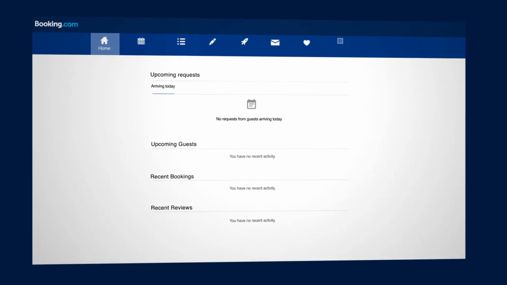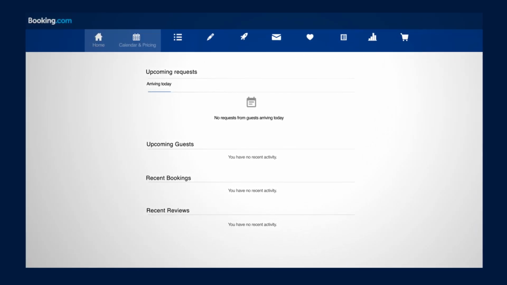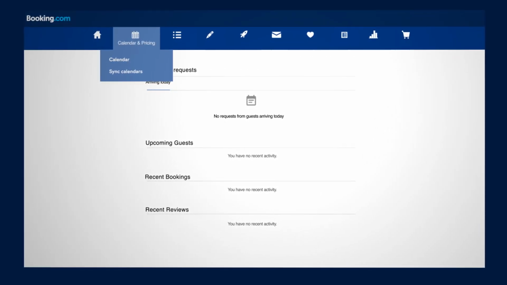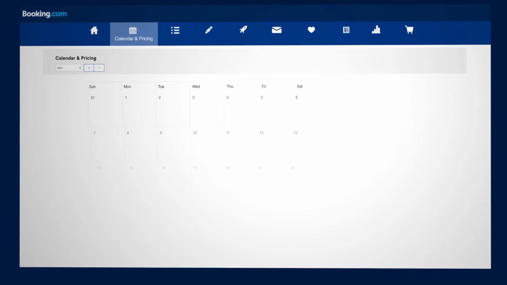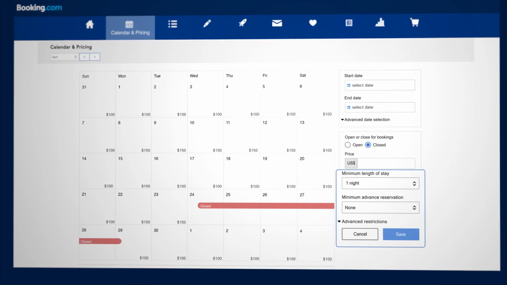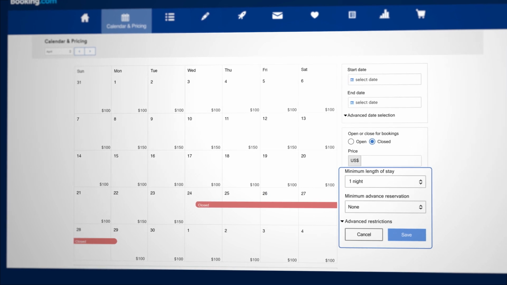If you would like to update your restrictions, go to your Booking.com's extranet. Click on the Calendar and Pricing page, then click on Calendar. You will see your monthly calendar with the option to set restrictions for a price on specific dates on the